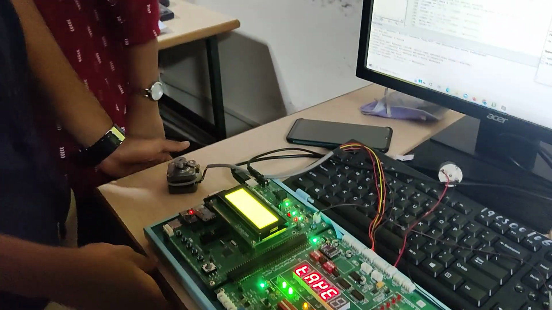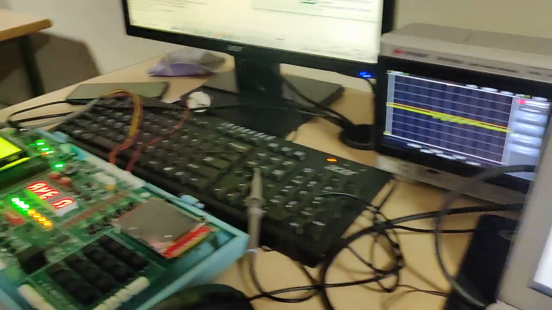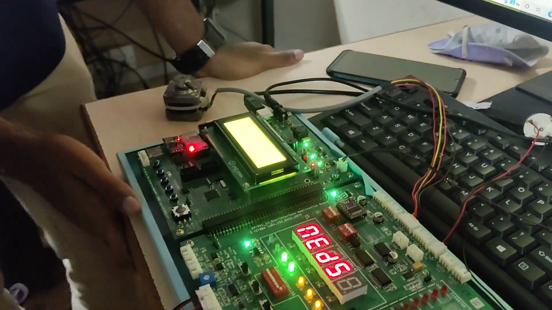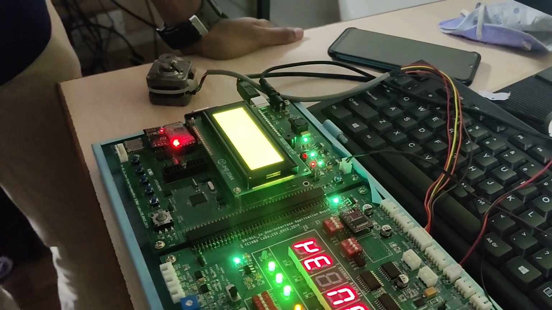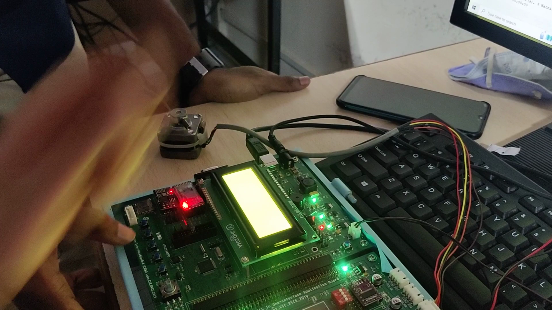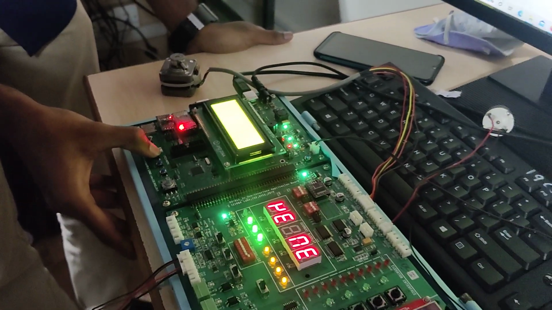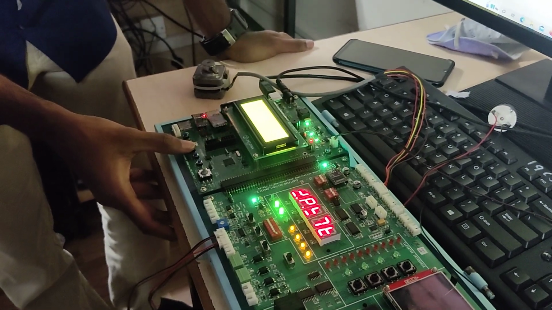Next feature is the emergency button. In case of an emergency, we've added a button. When the button is pressed, a sound will be created. So a buzzer is used in this case. If the nurse is away from the patient and the patient wants to communicate an emergency, he can use